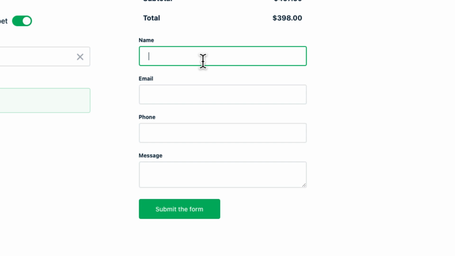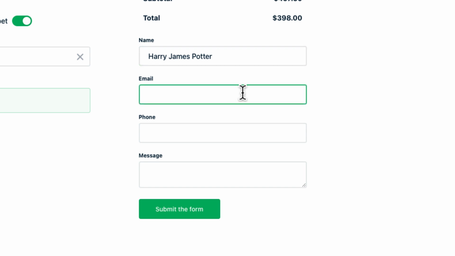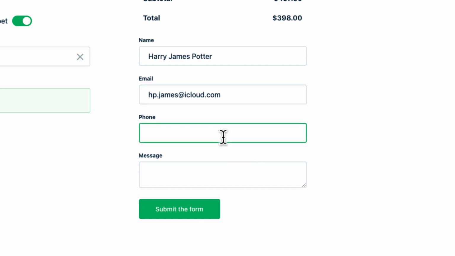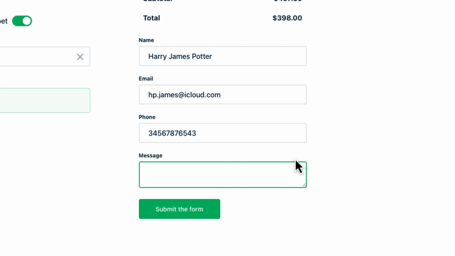My name will be, let's say, Harry James Potter, and email will be harrypotterjames@icloud.com, let's say. My phone number, some random phone number, and my message will be, "Hey, I want to get